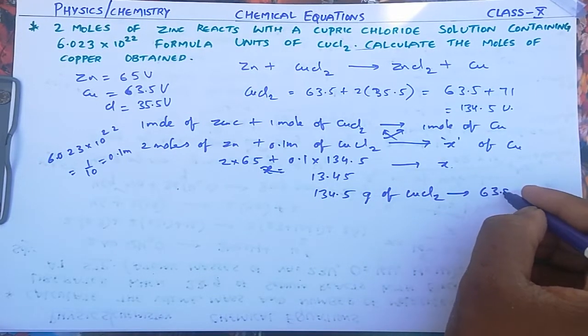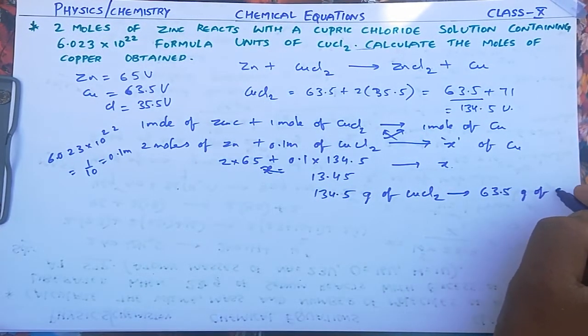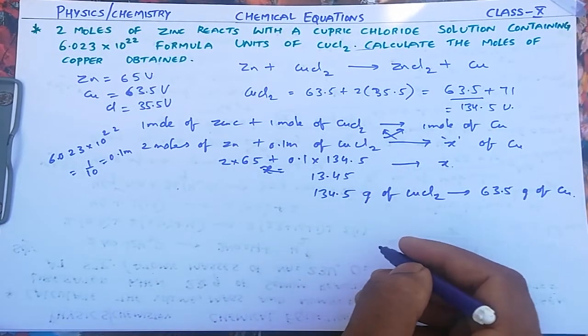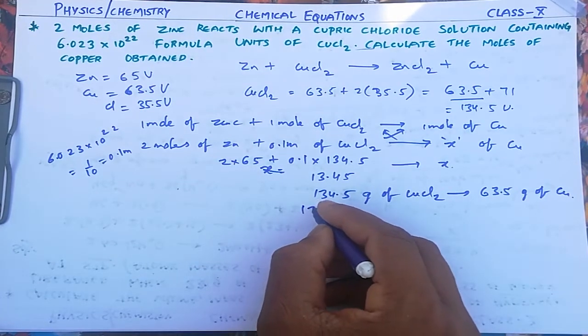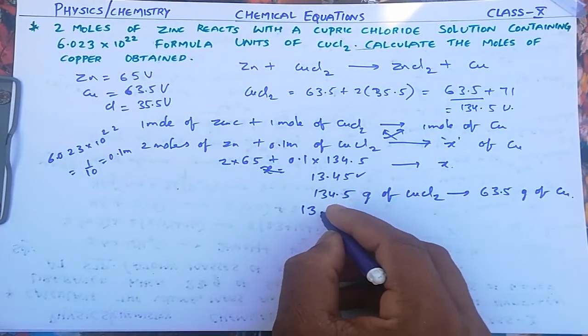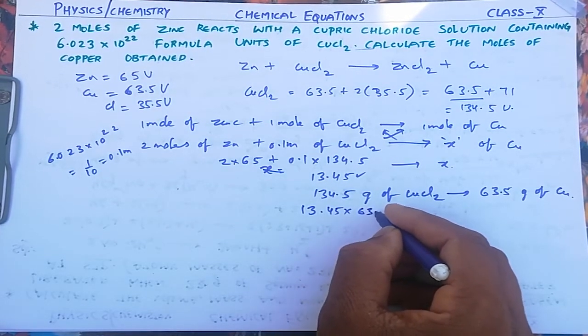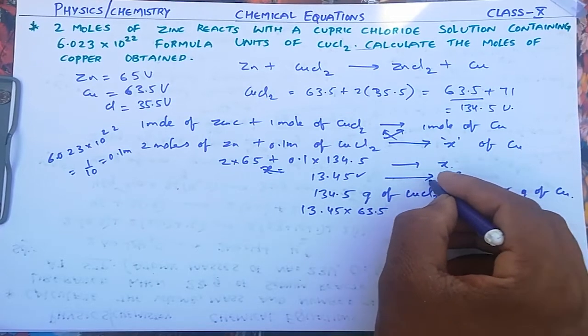Means 63.5 grams of copper. Now how many grams of copper we get for 13.45? 63.5, this is X, cross multiplication,